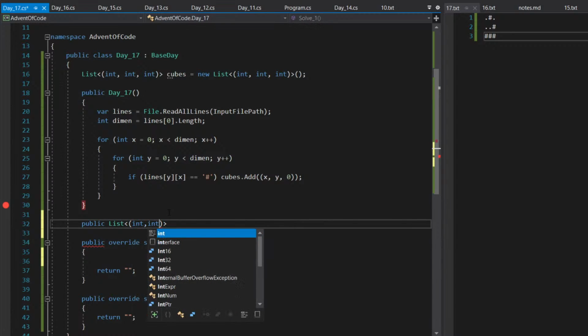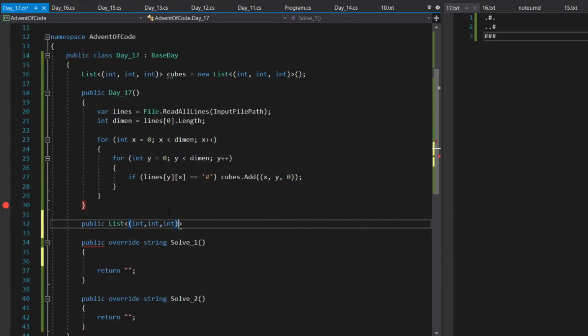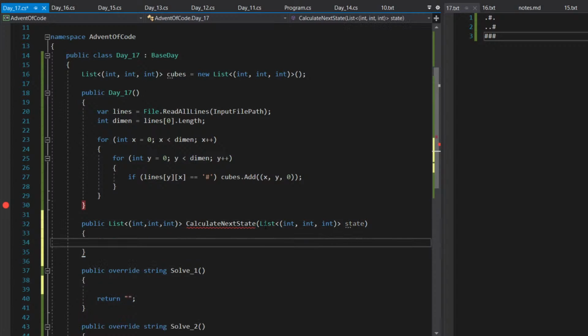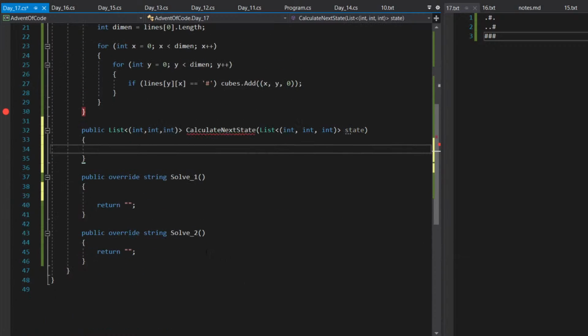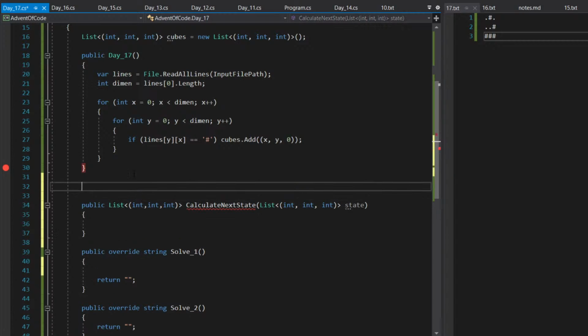This is going to be our function that calculates the next state. We're going to give it the current state, and it's going to give us back the next state. And inside of here,